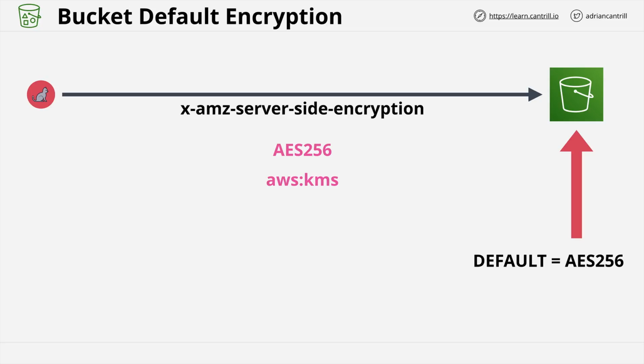This is the key thing. The bucket default is just that, a default. It applies only when you don't specify anything explicitly. If you do, that takes priority. It's also not a limit or a restriction, so it doesn't require you to use a specific type of encryption that you set as the default. You can use a bucket policy to restrict the type of encryption that's possible on a bucket though, and we'll talk about that later. But at this point, that is everything I wanted to cover in this video,